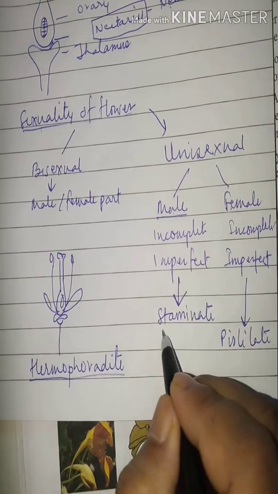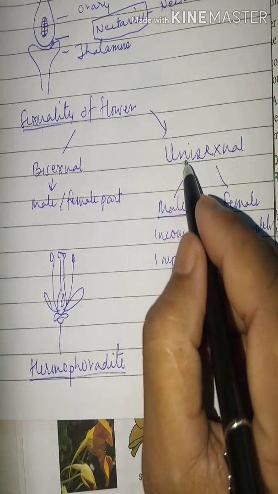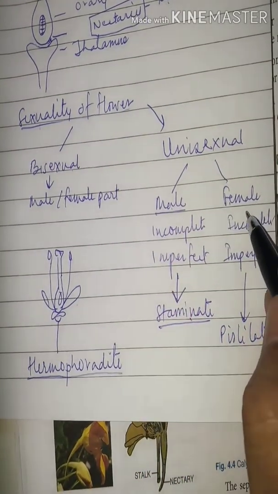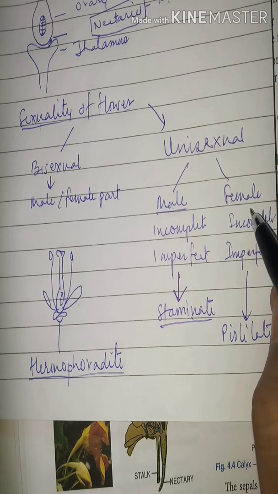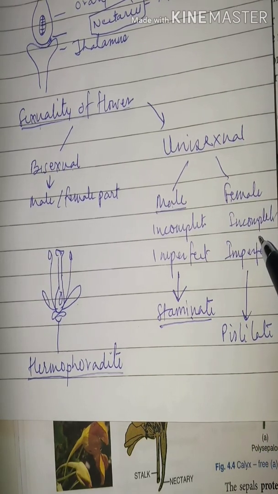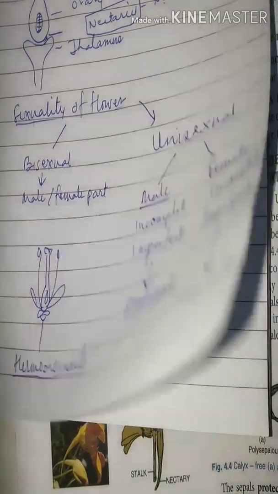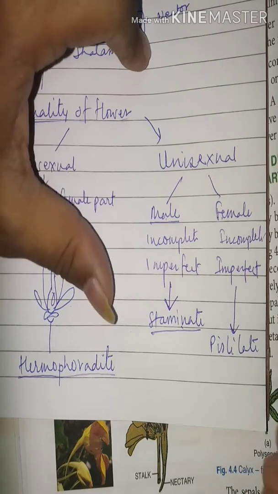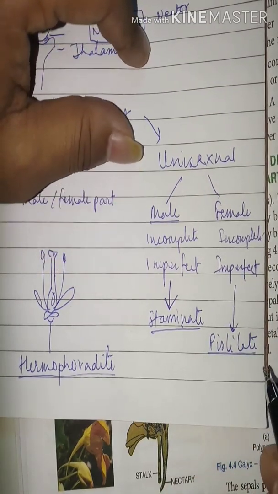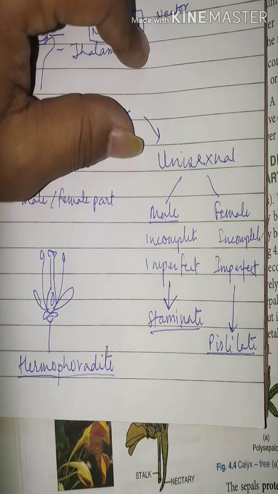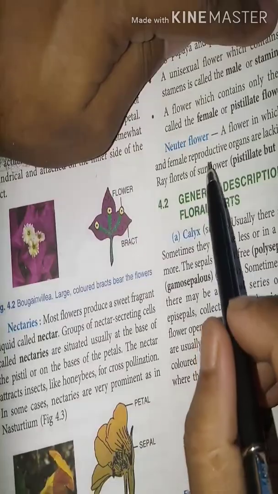Technically it is known as a staminate flower because it contains only the stamen, the male part. If it contains the female part, again it is also known as an incomplete or imperfect flower, and here it is technically known as a pistillate flower because pistils are the female part of a flower. Clear? Now one exception,